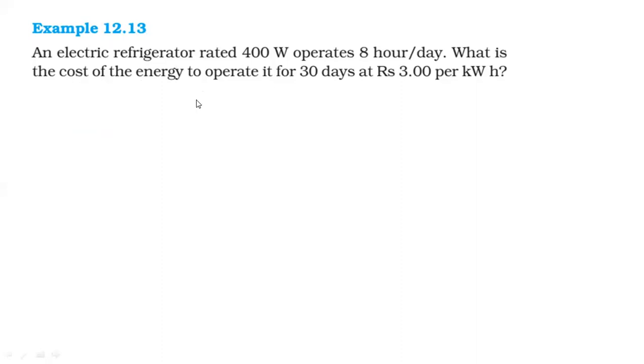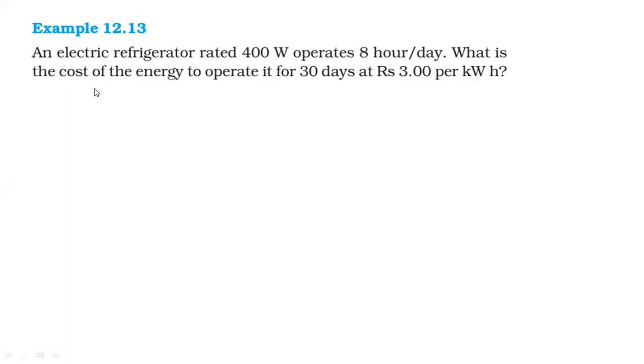In such questions, they will be giving you a device. For example, they will give you a refrigerator, they might give you a TV, whatever the device, and then they will give you its power rating. In this case, it is 400 watt, and the device is an electric refrigerator. They will also give you the number of hours this device is running. And then they will ask the cost of the total energy bill, something like the electricity bill given at our home.